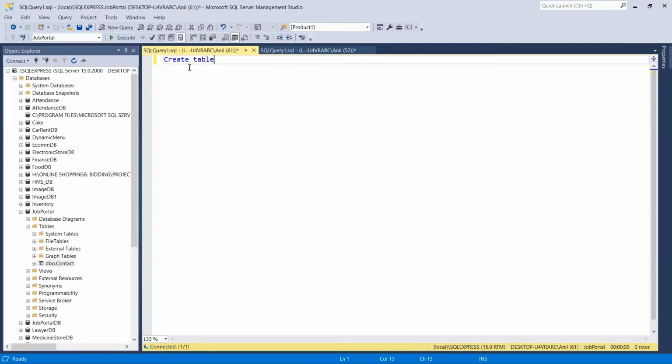Create table country. First we're going to take the country ID, then country name. There will be only two columns for the country table.